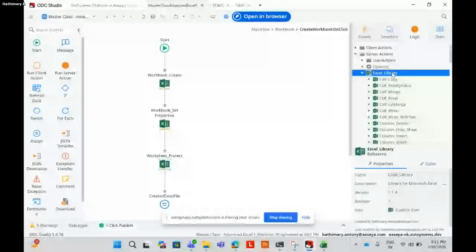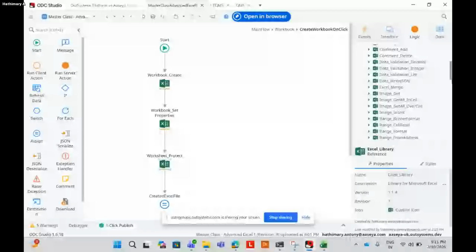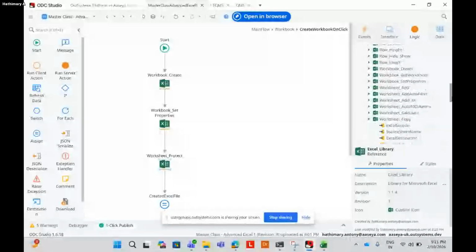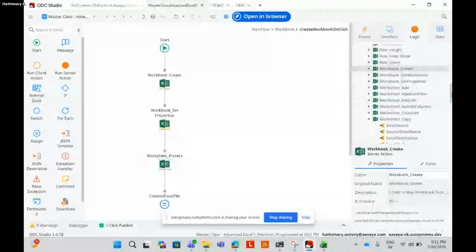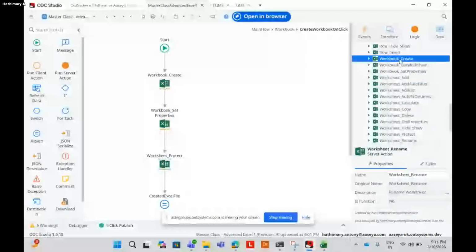It has many cell operations, column operations, data, how to add an image, how to add a worksheet, workbook, and how to delete, get, and rename a worksheet. We are going to cover only what is related to workbook and worksheet.